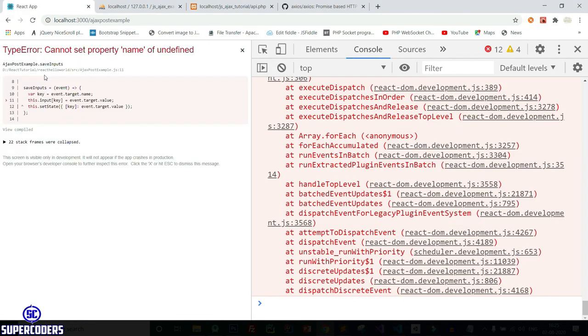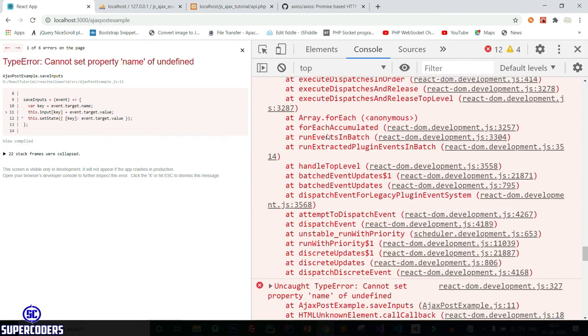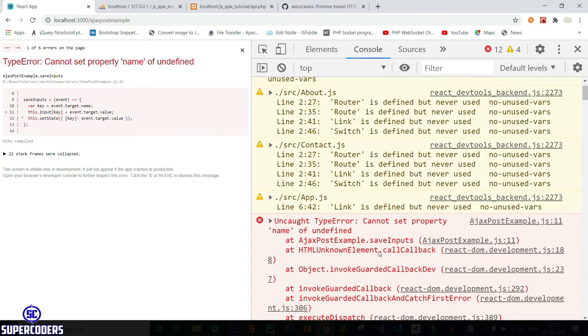Again something, okay, there is an error, cannot set property name of undefined. Let's see where this error is. Save input JS. So let's see the error.